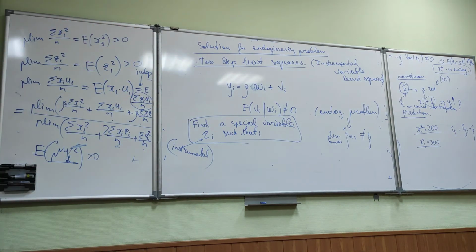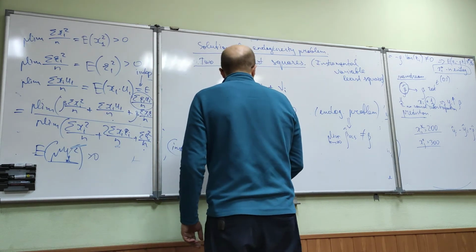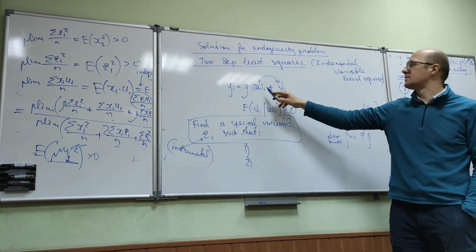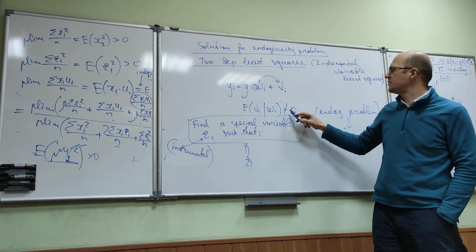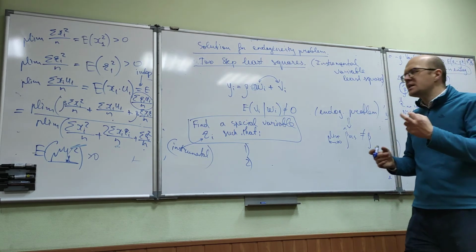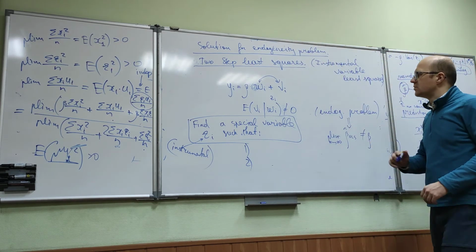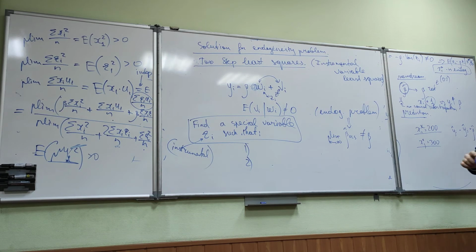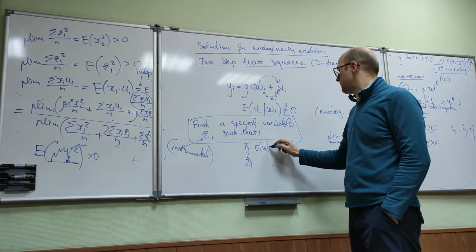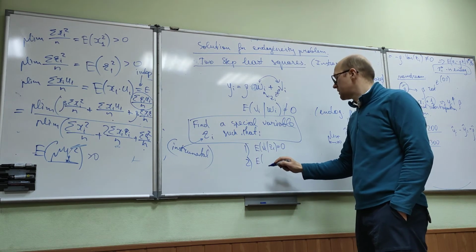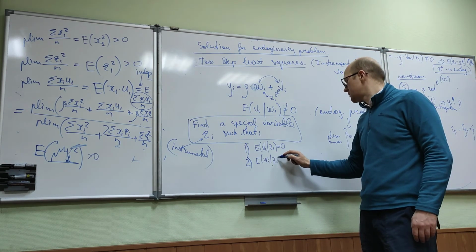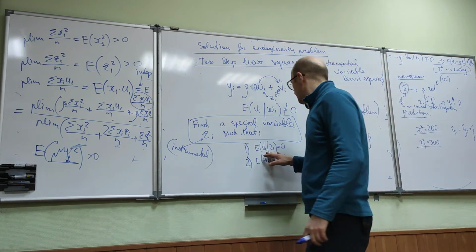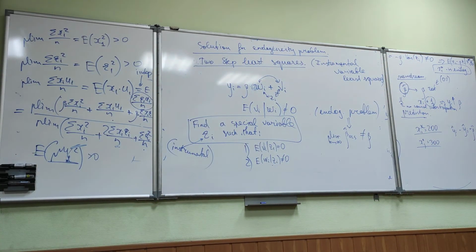So you need to find a special variable with two properties. First property: the problem you have is that these two random variables are linked, they are dependent. So the best prediction of nu given w is not 0, so they are linked. And you need to find a very strange random variable z that is not linked with the error term, but linked with w. In mathematical terms, that means the expected value of nu given z is 0, but the expected value of w given z is not 0. So you need to find a very strange random variable that cannot predict the error term, but can predict your